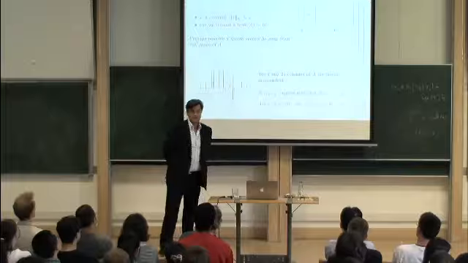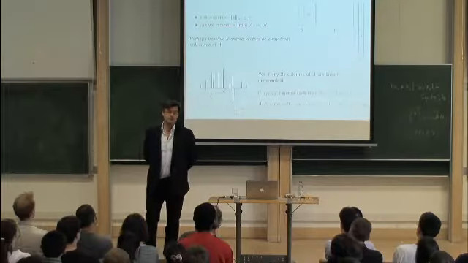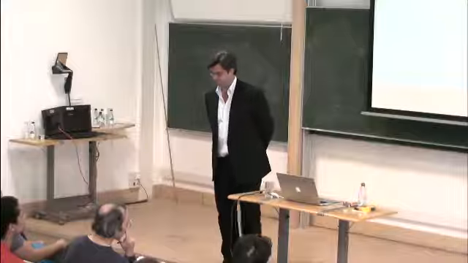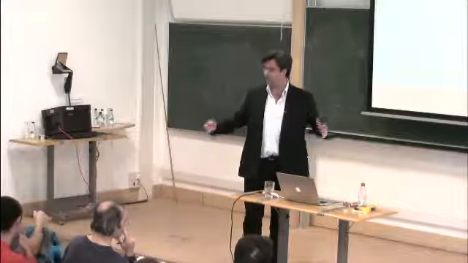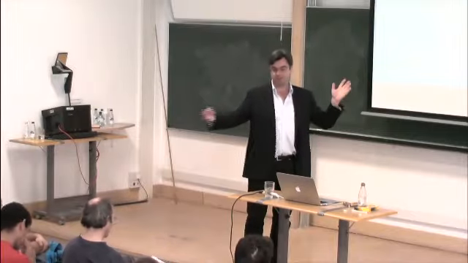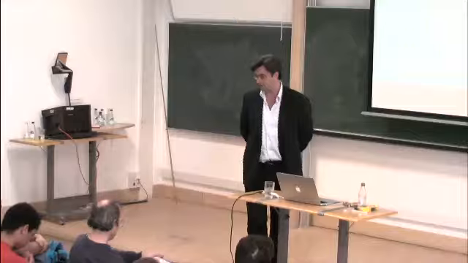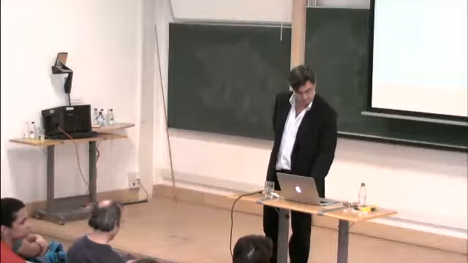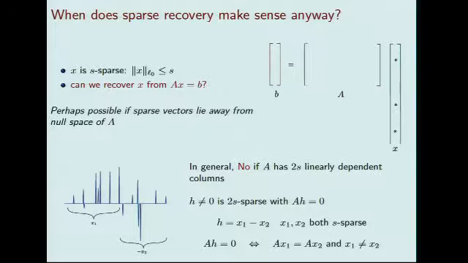I don't know if people work in error correcting codes, but that's a property that everybody uses in error correction. The coding matrices are matrices such that small subsets of columns are linearly independent. Okay, but there's a converse: in general, if A does not have two S linearly independent columns, then I won't be able to find a unique solution.